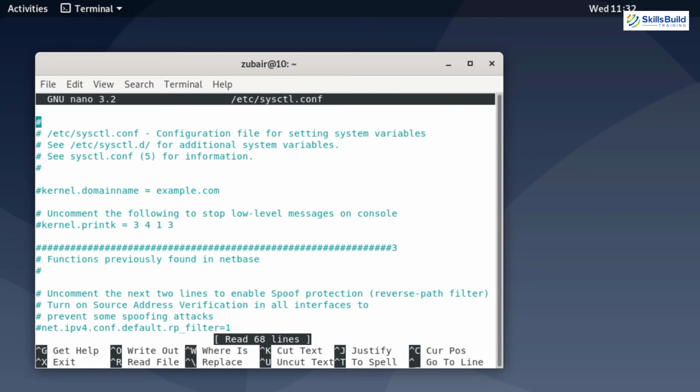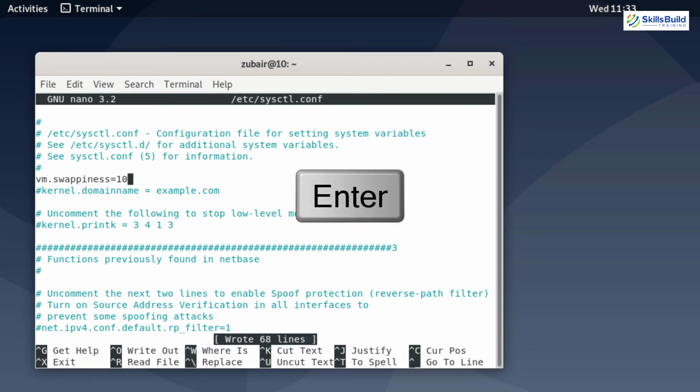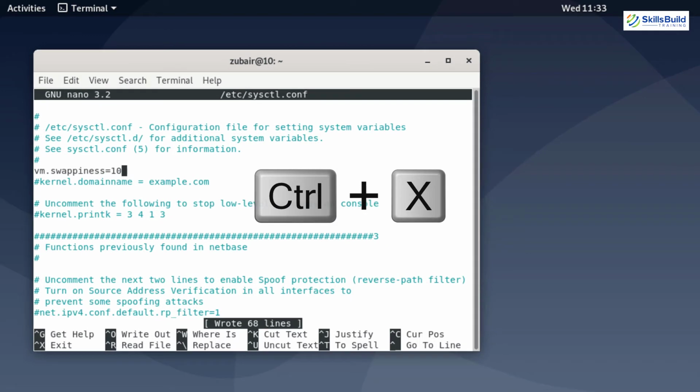And here I will add a line, and that line is vm.swappiness=10. And now our system will perform much better than it was doing earlier. To save this file, just press Ctrl+O and press enter, and now press Ctrl+X.